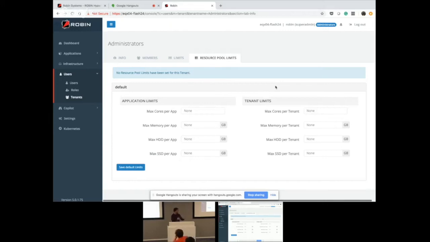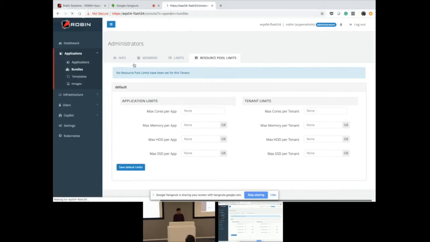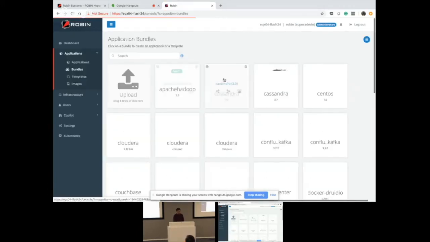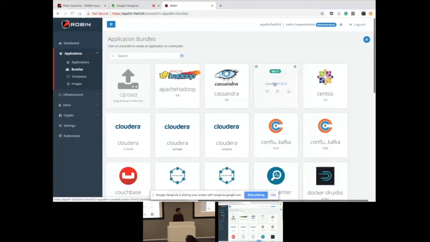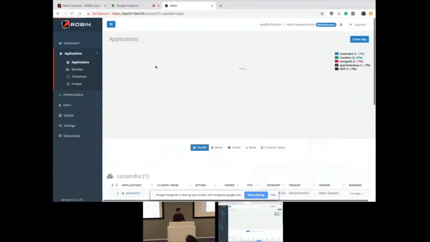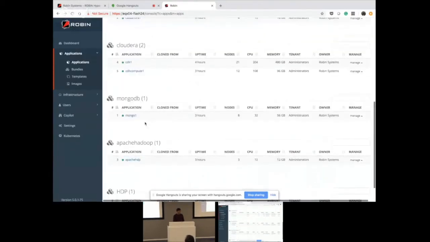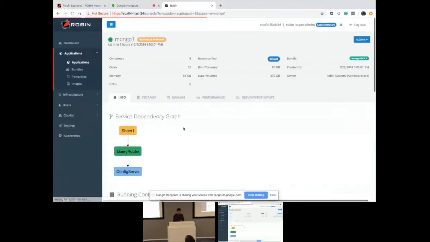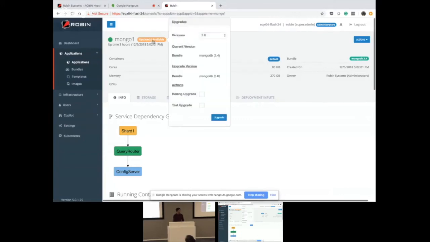You mean the application version management? Yes. What we have is the bundles that I showed you. A bundle is basically one bundle for each version. You see here Cassandra 3.0 and Cassandra 3.7. When you deploy applications, if we see that there are multiple versions of the same application, we detect that, and you can update the application just from here. You can decide to go for a rolling upgrade if the application supports it, so that we upgrade one instance at a time, or you can have a test upgrade.